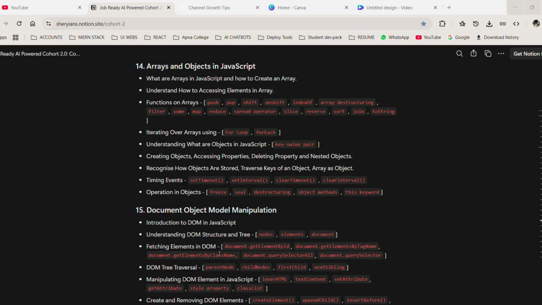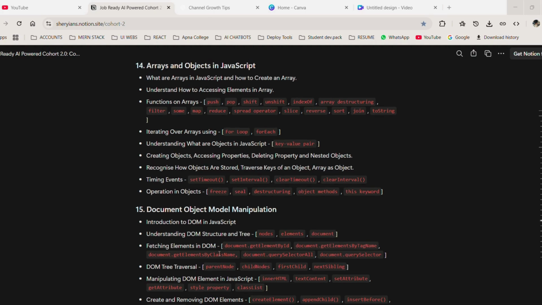What are arrays in JavaScript and how to create an array? Understand how to access elements in an array. Functions on arrays: push, pop, shift, unshift, indexOf, array destructuring, filter, sum, map, reduce, spread operator, slice, reverse, sort, join, toString, iterating over arrays using for loop, forEach. Understanding what are objects in JavaScript, key value pairs, creating